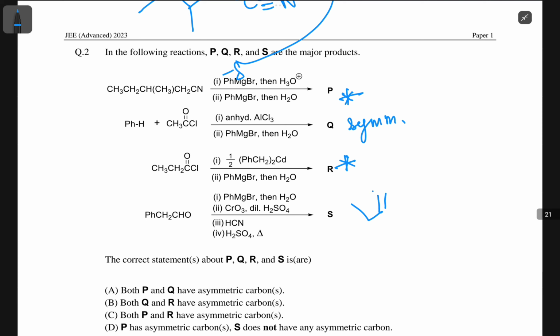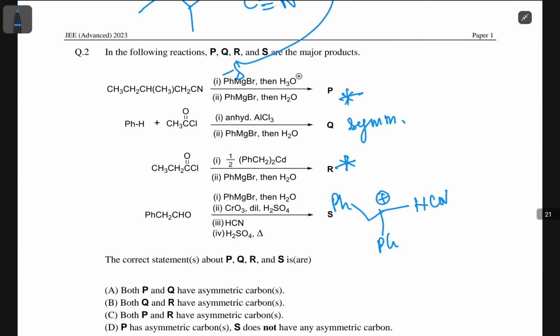This is PhMgBr, then H2O again, then CrO3. So this is a mild oxidizing agent. This would become a ketone. Then you have HCN, so you would have this right here, and then H2SO4. So this is like H plus and heat, right? So positive, and then you would also have this as